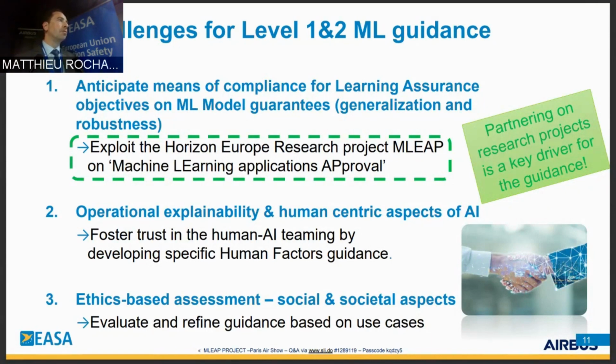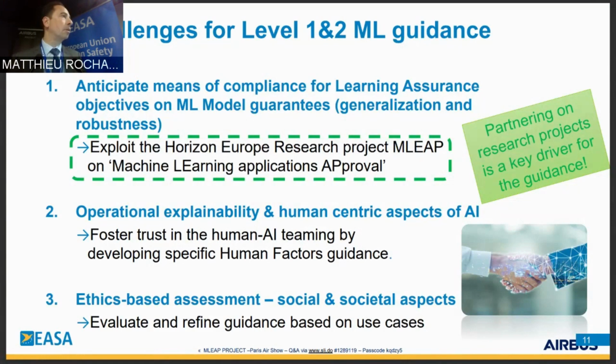Ethics-based assessment is a huge topic, of course. When AI is deployed, definitely there are specific ethics concerns that come with it. We've tried to start from the guidelines that were published by the European Commission high-level group in 2018, which was the best reference point at that time. Definitely the EU AI Act might change the scope a bit here, but starting from there, we had a first go and a first exercise on mapping, I would say, the different ethics-based topics. Ethics-based, it's not all about ethics, a bit wider scope, to the technical building blocks from the AI roadmap, from the trustworthiness concept. We managed it to a certain extent, to maybe 80-85%. We still have a number of topics, in particular linked to societal aspects, in the Gear 5, Gear 6, that